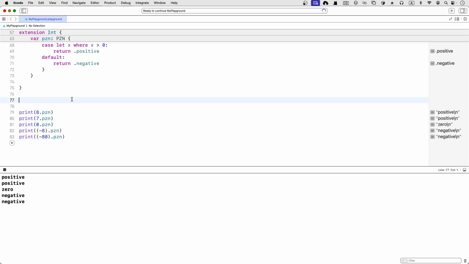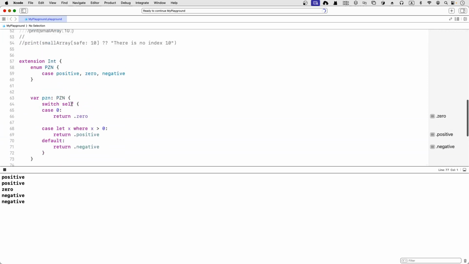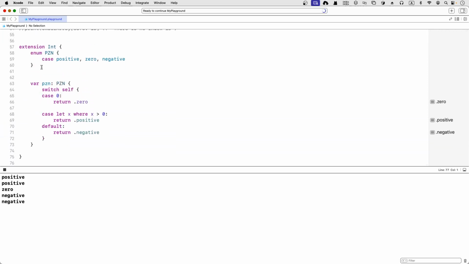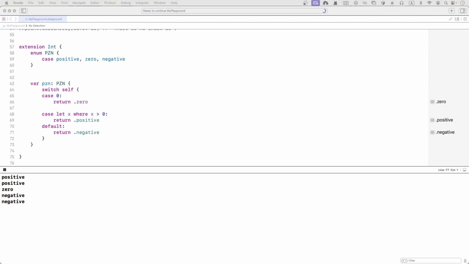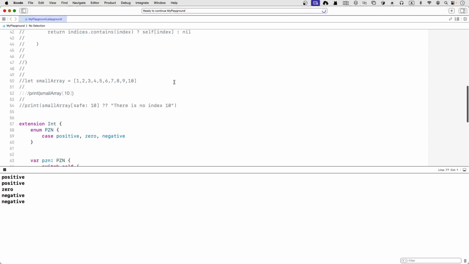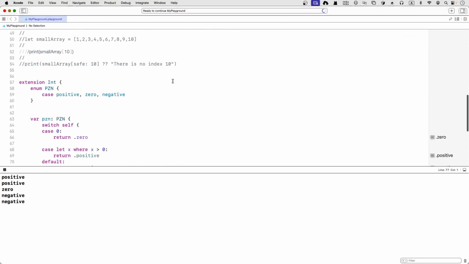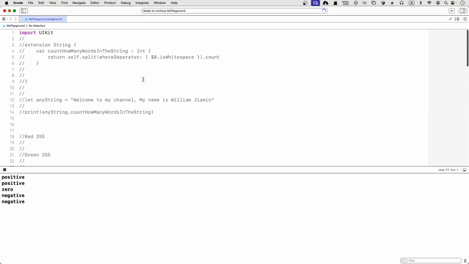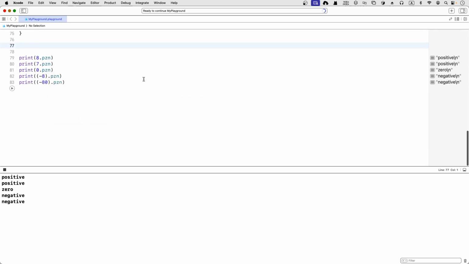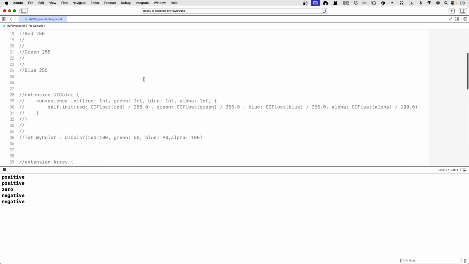Okay, so that's using the extension to add an enum and give it different cases, so we can add nested types to it. Okay, and I think that's basically all of the usage examples of how extension works. And as we progress, I will introduce you guys to some real life examples, and we will definitely use that later,